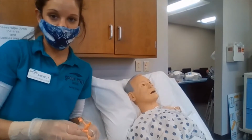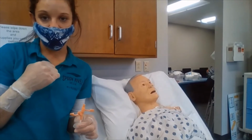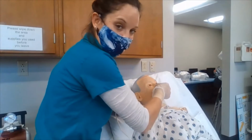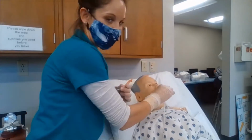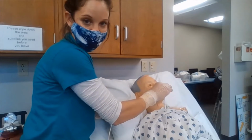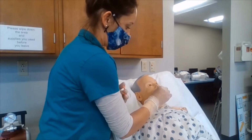And I'm going to direct my patient to flex her neck down and then take a sip of water. So we are going to be rotating 180 degrees while we instruct the patient to take a sip of water. We're going to be advancing the tube 2 to 4 inches every time they take a sip until we have reached the pre-measured